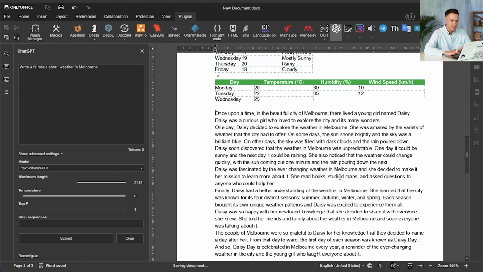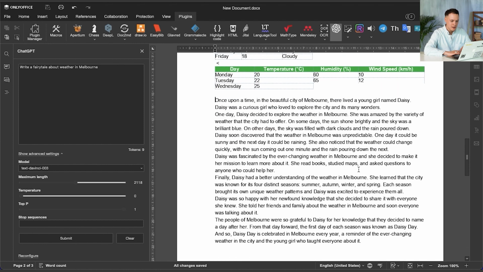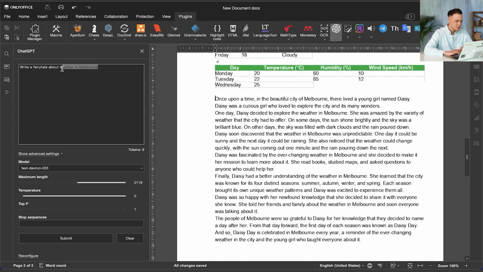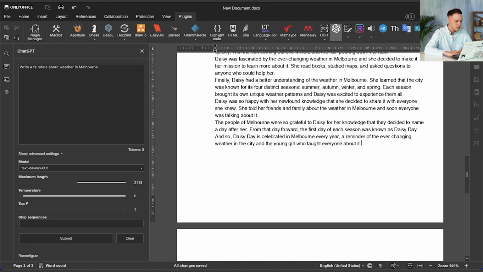Okay, so now we have a little fairy tale, and basically you can see this is about a beautiful city in Melbourne and some girl named Daisy. She was curious and loved to explore the city and its many wonders, and she went on to get into some kind of adventure. So we can give it the same exact prompt, but this time